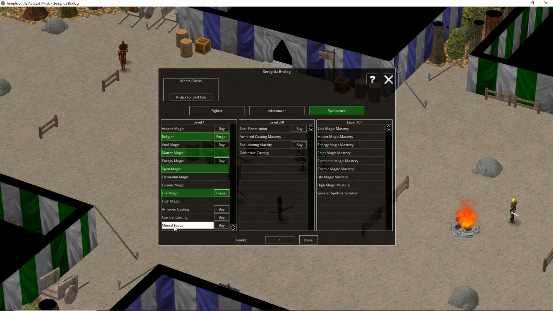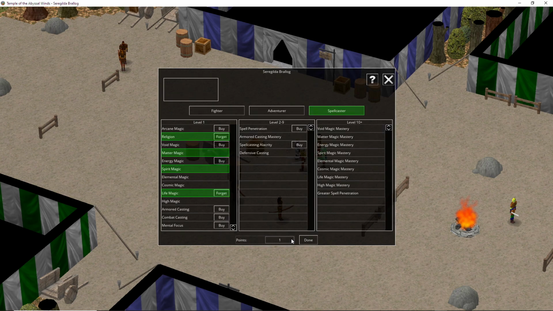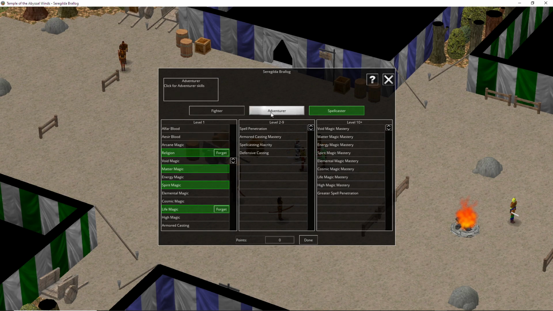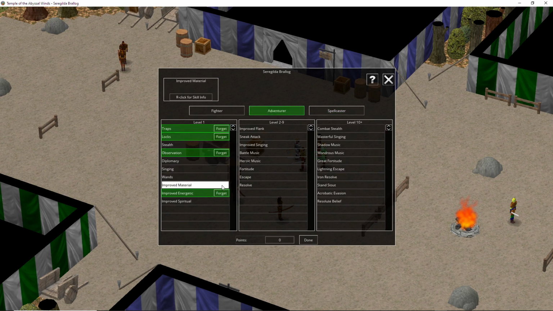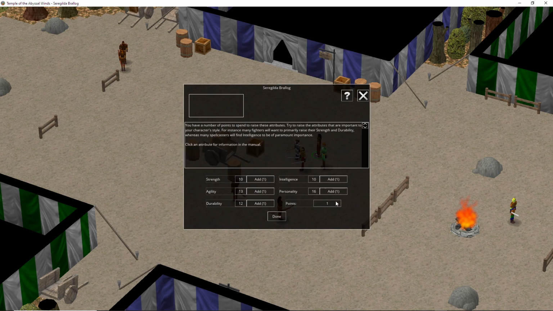Mental focus. I think I have to get her mental focus at this point to give her the energy points of an actor 1 level greater. So let's go ahead and just make it simple, get mental focus. I don't think there's anything I want to forget. If we do keep her, maybe eventually light armor, keep her unarmored. That'd be fun. No, I think if we got rid of that, we wouldn't get a point. Actually, it would just take it away from us. Alright, and her point goes to...